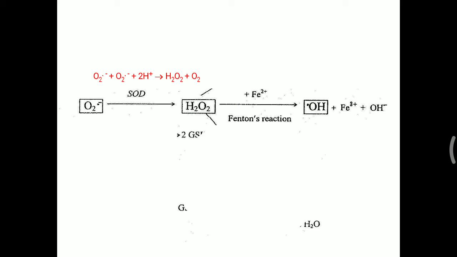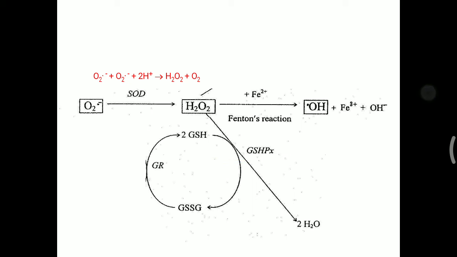So the body will first try to detoxify H2O2 by converting it into a water molecule with the help of glutathione peroxidase and glutathione reductase. Here, for the glutathione reductase enzyme activity, NADPH is needed. We have seen that NADPH deficiency occurs in G6PD deficiency, meaning the HMP shunt pathway key enzyme is not available, NADPH will not be available, so glutathione reductase will not work, glutathione peroxidase will not work, and H2O2 will be more. That will lead to more hydroxyl radical generation, and that can destroy the RBC, the red blood cell, creating a hemolytic condition. So particularly in a G6PD deficient person, if oxidative stress is increased, hemolysis or hemolytic anemia will develop.